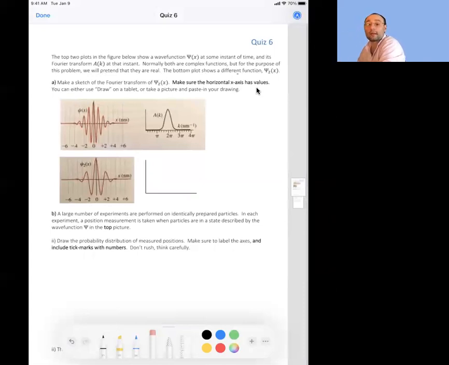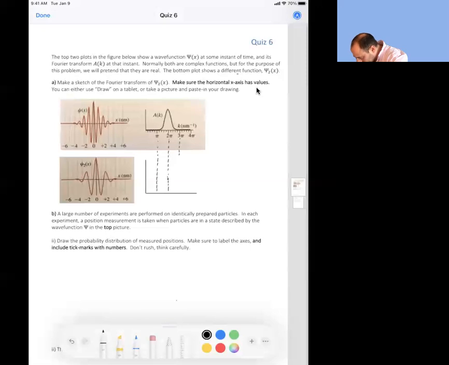Make sure the horizontal x-axis has values. Okay, so I'm going to use the draw feature. Pause this video and make a sketch in your own notebook or whatever you use. What do you think it will be? Fine, I will just, to make sure that we get the same scale,